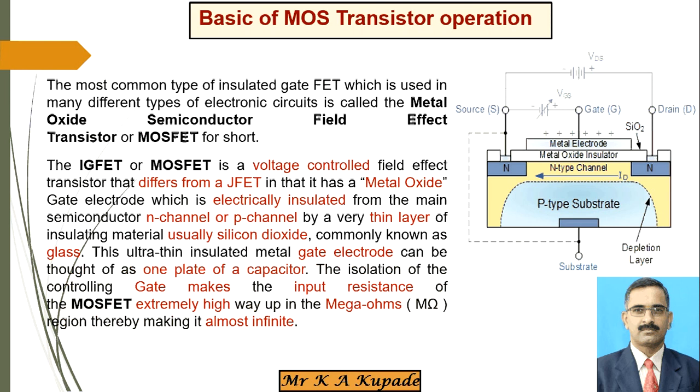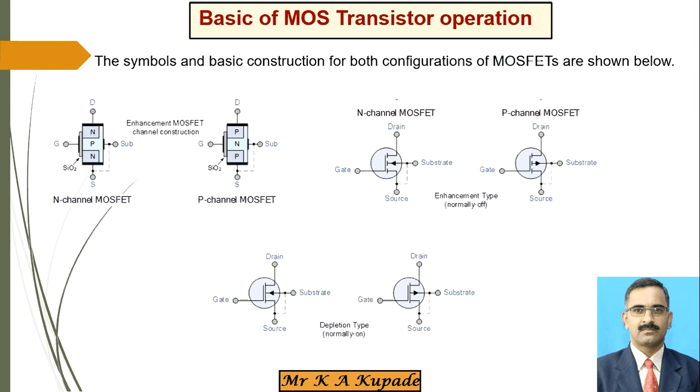This concept, oxide insulator, silicon dioxide, whatever we are considered metal oxide insulator in this particular figure. You just go through this, right? That is the gate terminal, and the dotted line which is connected to the substrate, it is also P type material. You can see that substrate is P type material, right? That is exactly how that N channel and P channel enhanced MOSFET is considered.